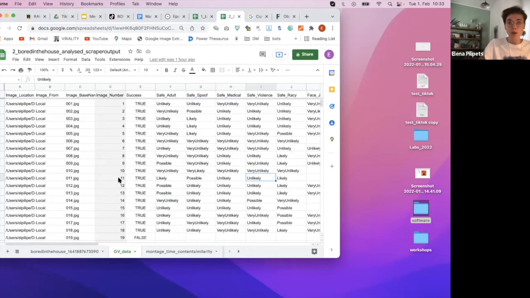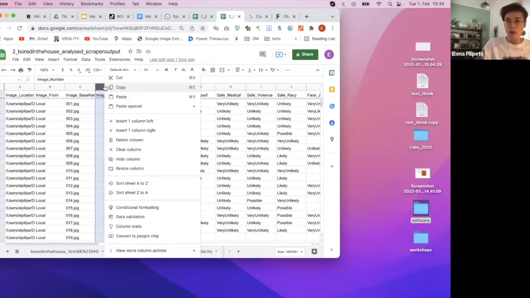What you also might want to know, just as yesterday, is that Google Vision creates a spreadsheet output, but the order of images is all messed up. It's not going to return the images in numeric order. So in order to make the descriptions of the images correspond with the right image files,